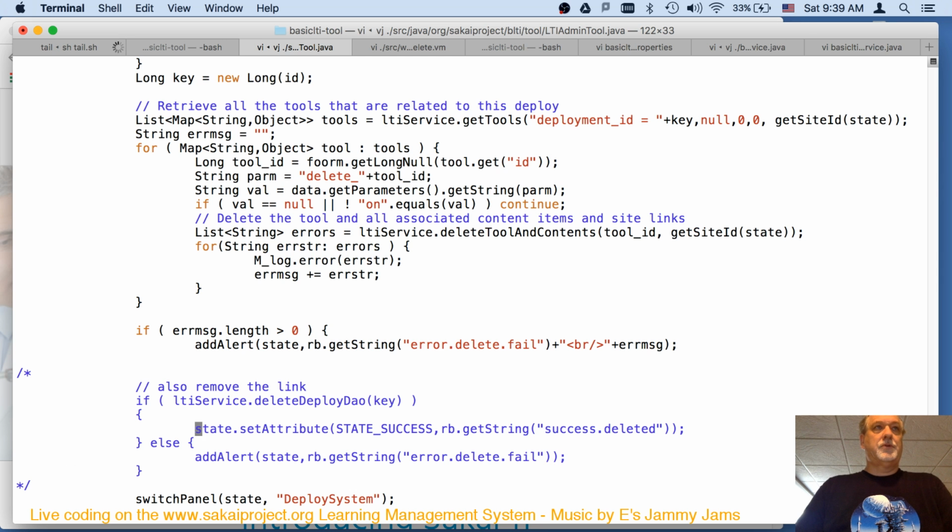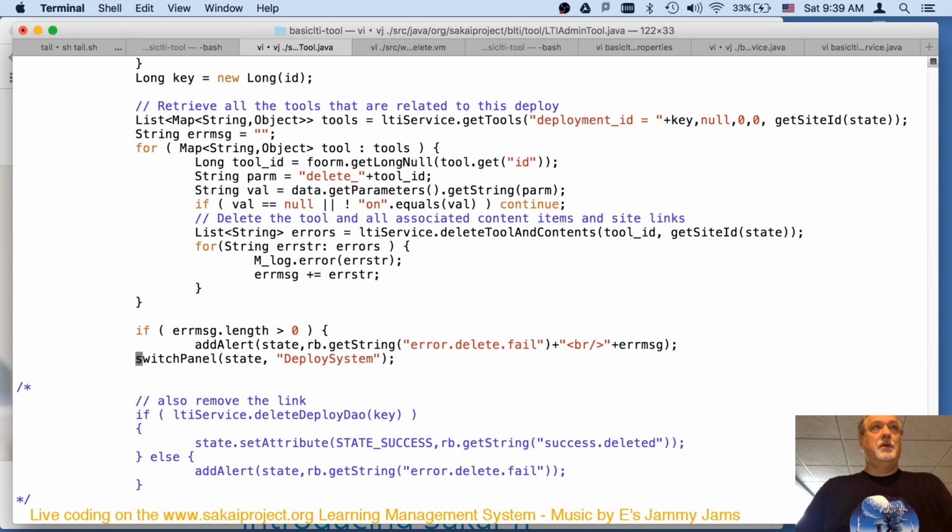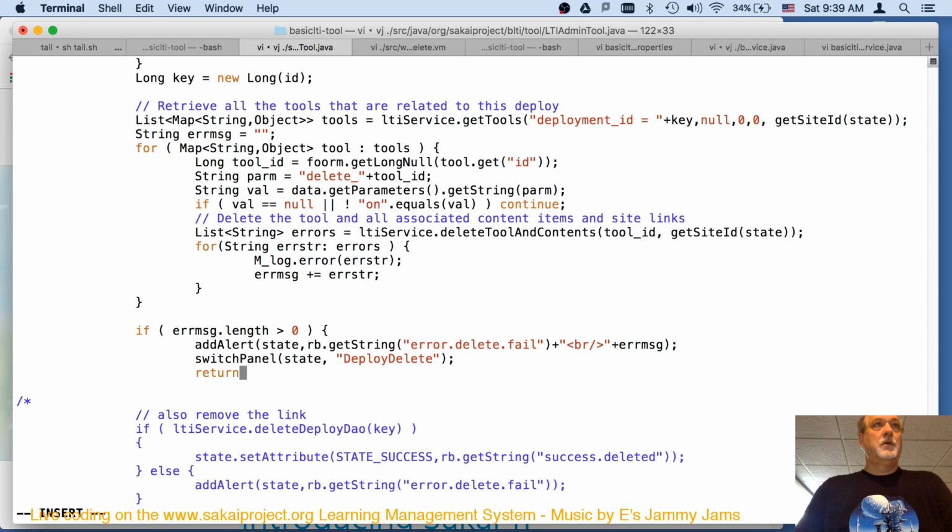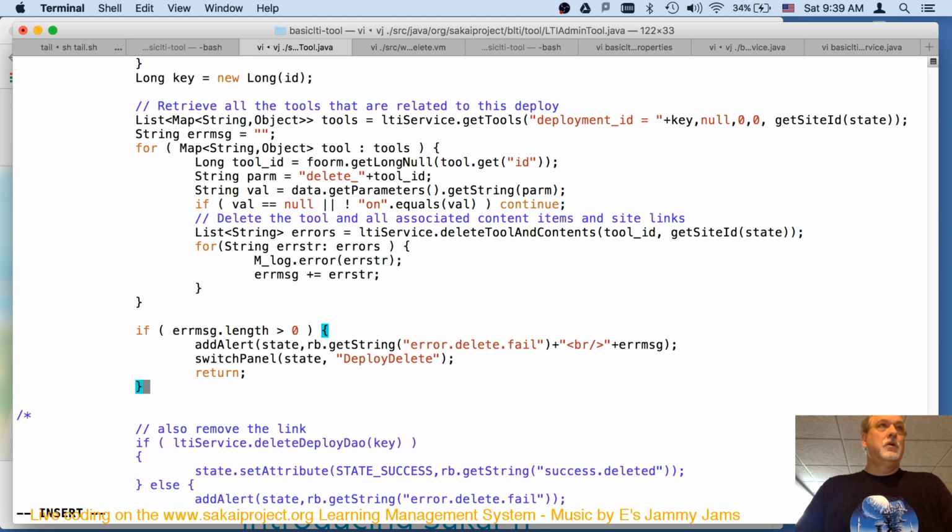I will switch panel deploy, go back to switch panel deploy system. I should switch panel deploy delete. Let's go back to delete controller code. Okay, so there we go.